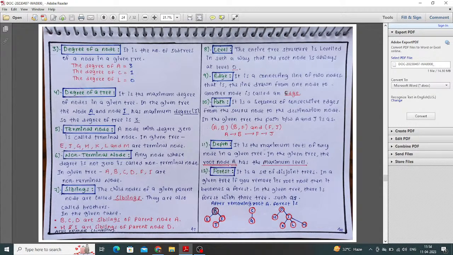The path between A and G is as shown. Depth is the maximum level of any node in a given tree. In the given tree, the root node A has the maximum level. Forest means a set of disjoint trees. If you remove its node,